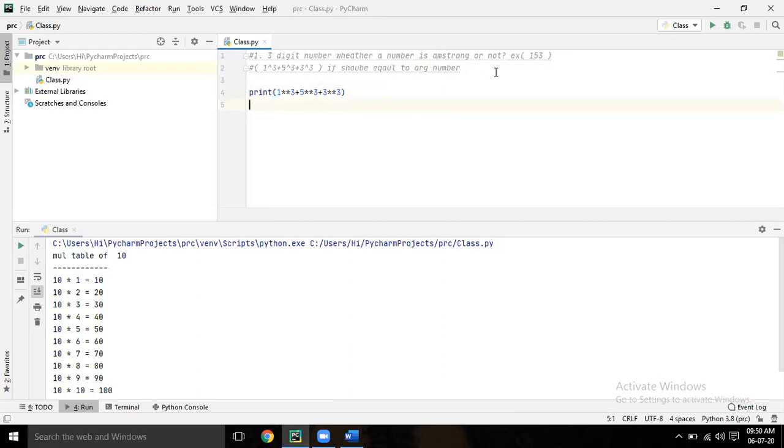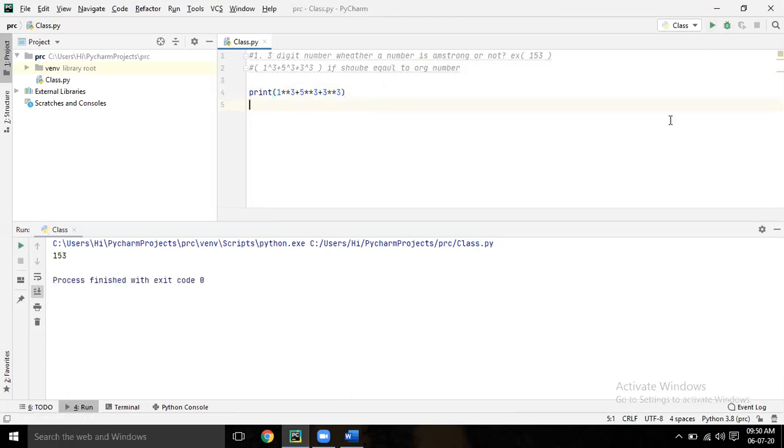Print, run it. 153. So if you add the cubes of all the digits, it becomes the original number, then that is an Armstrong number. Any 3-digit number I give, you should tell me whether it is an Armstrong number or not. That is the first question.